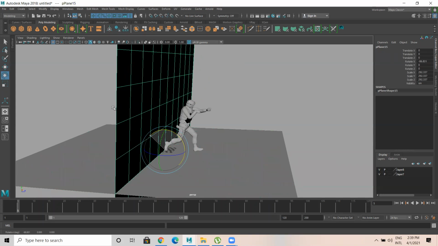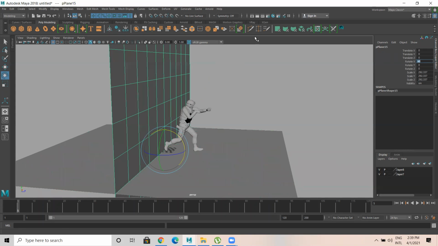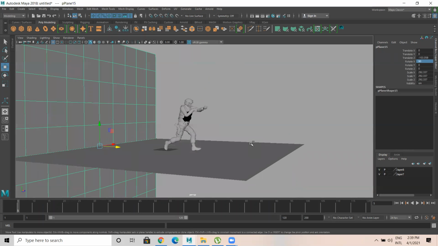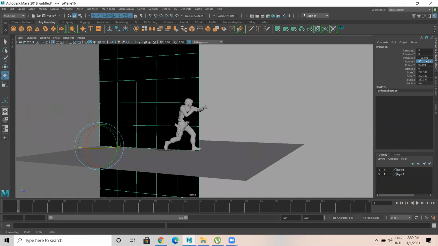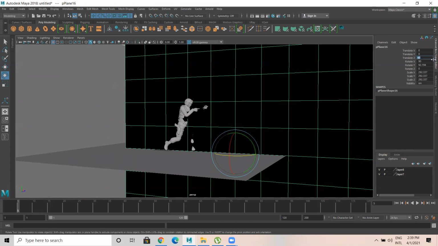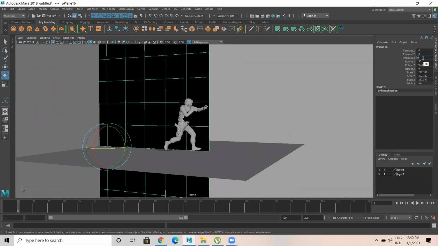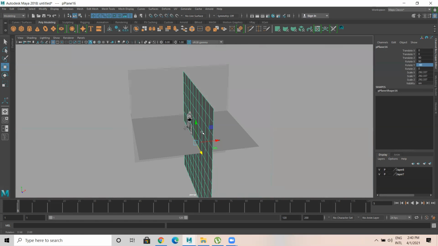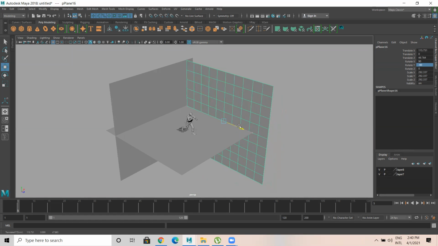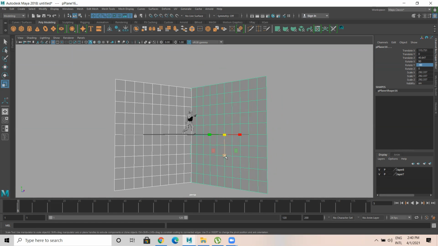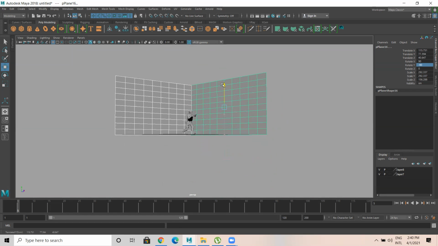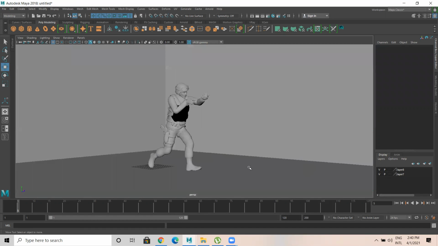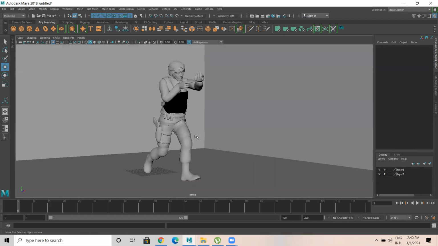Let's create a kind of war scene. Just create a scene so that when we take a render, it looks good.